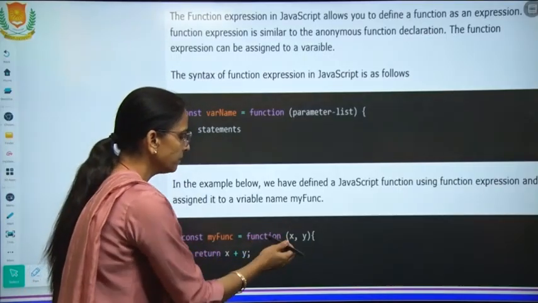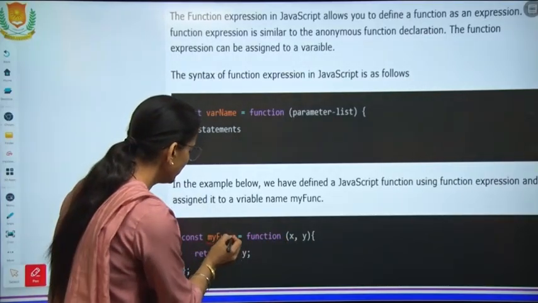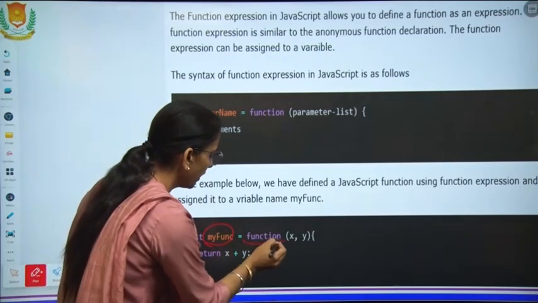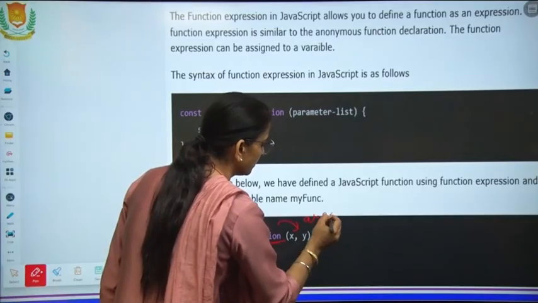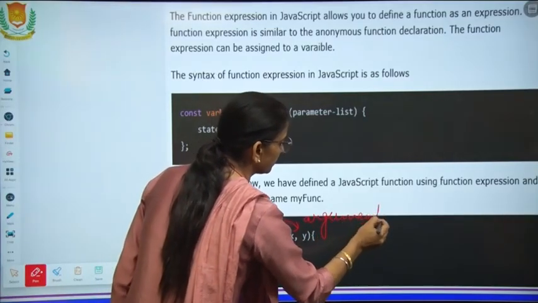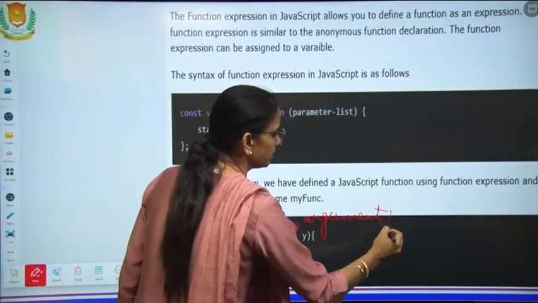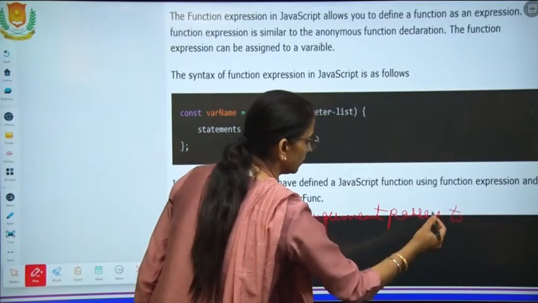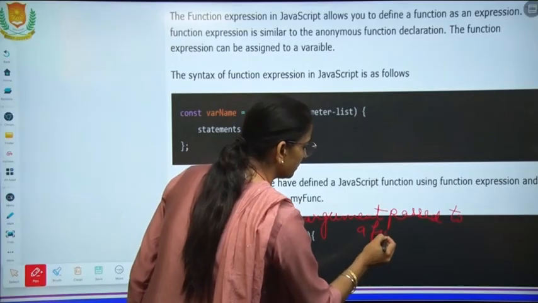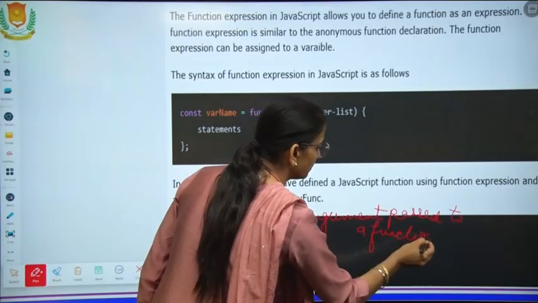Then the function is taking two variables x and y, and it returns whatever value is passed. This is the name of the function, and here is the argument passed to a function.